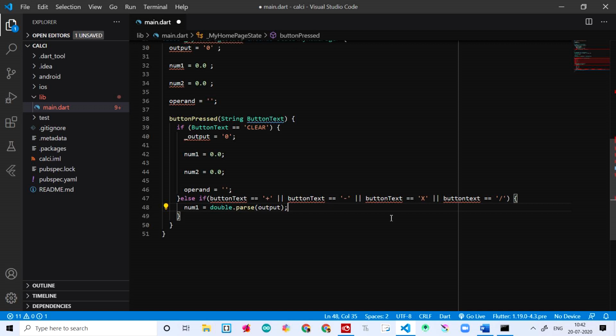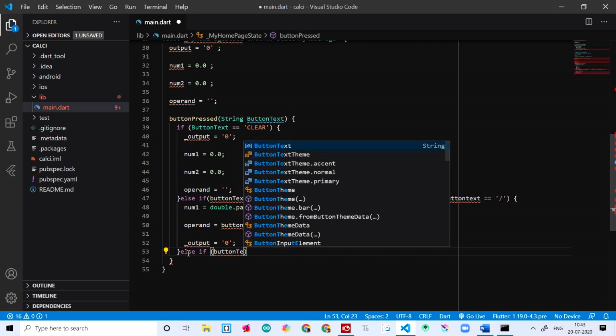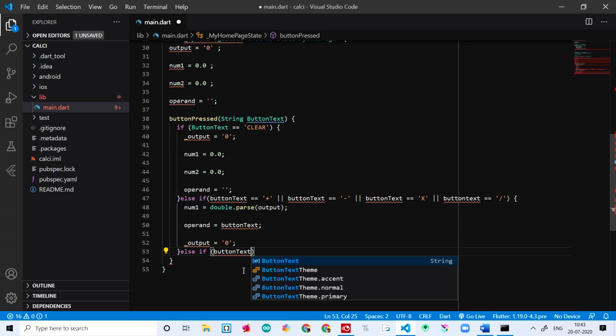And then I'm adding this line and setting the operand to button text. And then coming down and setting _output to 0. And then near the parentheses, write down another else if, saying else if button text is equal to dot, then if it's a dot,